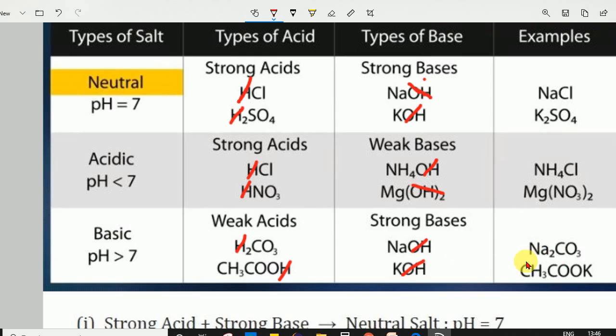Now, what about potassium acetate? We have used a weak organic acid, that is acetic acid. H ions will be fewer because it is a weak acid, and potassium hydroxide is a strong base. Thus, the number of hydroxide ions is still much more than the H ions of acetic acid. Thus, the salt formed, potassium acetate, has some OH ions also. Thus, the nature of the salt will be basic.